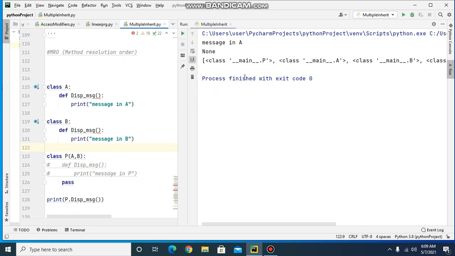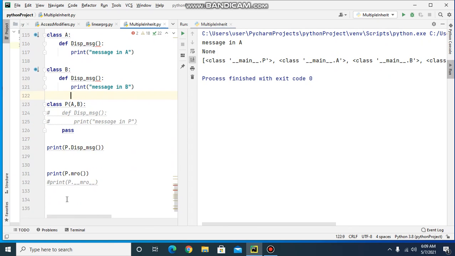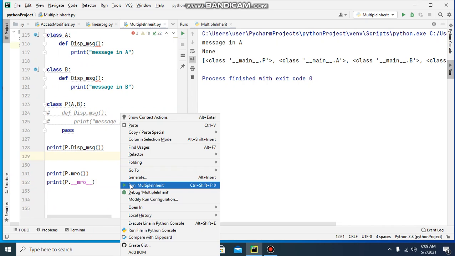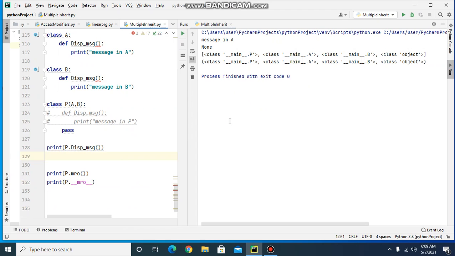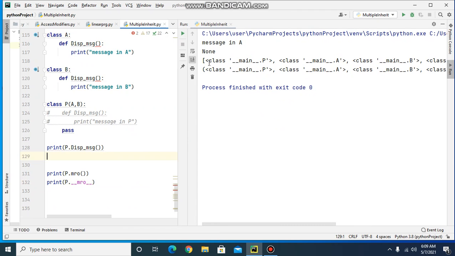So now after the child class, it has printed A here. So the same result we can get by using this MRO attribute. Run this. So it has printed the same order.